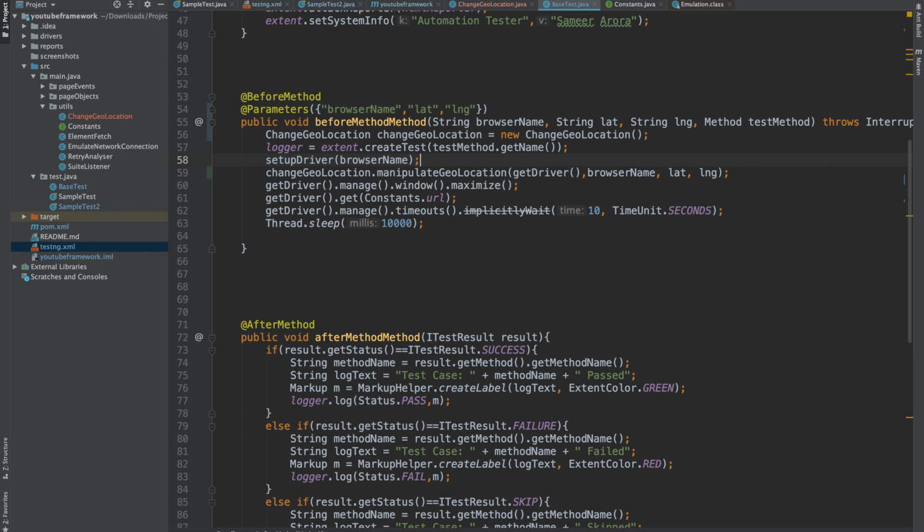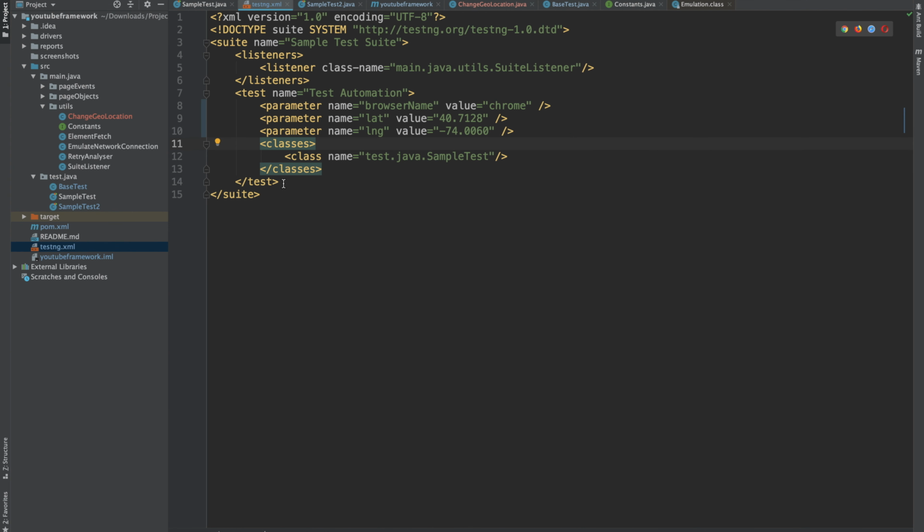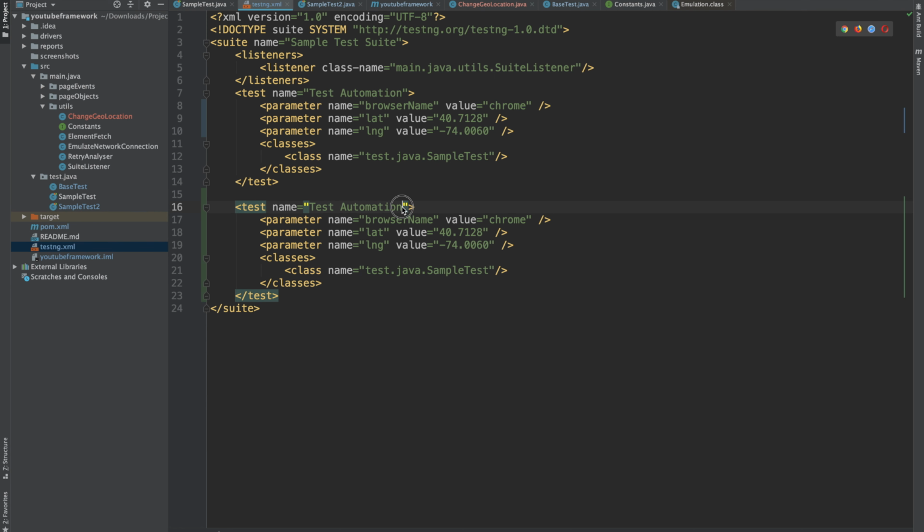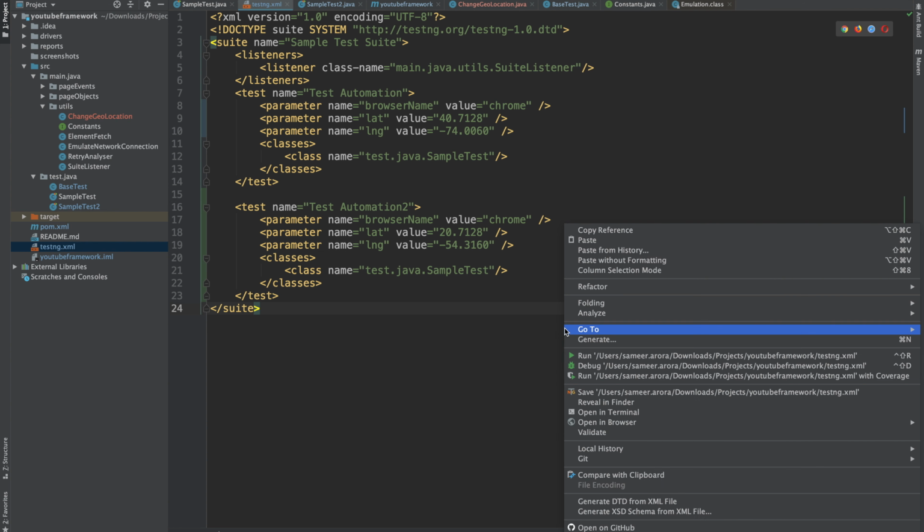So you can compare all those things now. What we can do here is copy paste this particular test tag and rename it, and we can change the values here so that we have two different sets of values, putting it as 74.12, any random value. And now let's try to run the code.